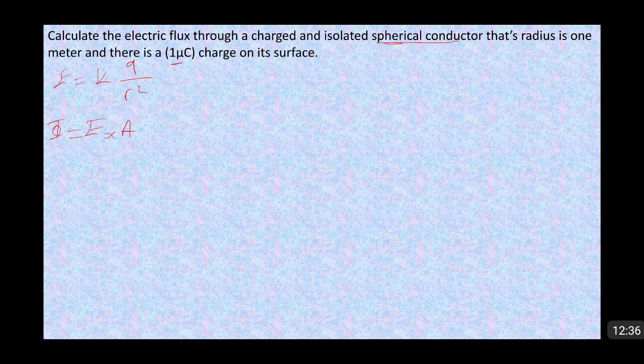We must find the area of the spherical conductor. First, we find the electric field equals 9 multiplied by 10 power 9 multiplied by the charge, 1 micro, 10 power negative 6, over 1 meter